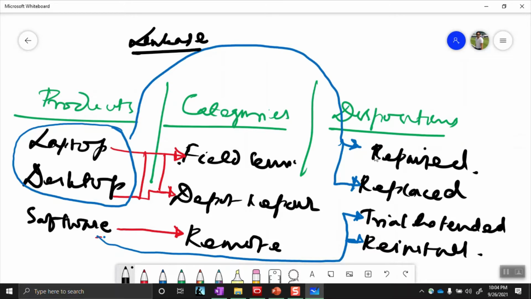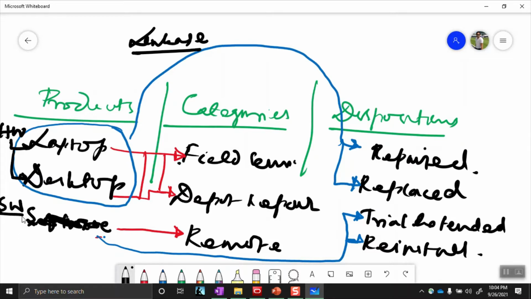Now, for the products, categories and dispositions, there are different levels you can actually do. For example, I can have hardware, and under that hardware I can have the siblings, the laptop and the desktop, and then I have the software. Let's not take software as a product itself.